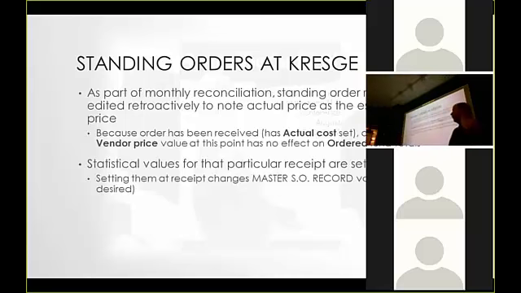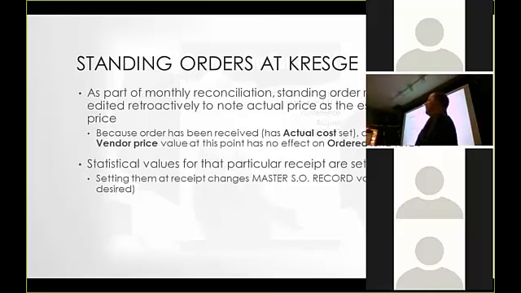And that's actually true of statistical categories. For firm orders, you set them at the point of order. We're trying to do things after the fact here, and that tells me that this is not the way to do it. With standing orders, I can go in and not have to reopen all things. It works okay, even if it's not the best. But for firm orders, that's what you have to do. You've got to reopen the basket, then make the payment, then close the basket again, then remember to close it. It's just